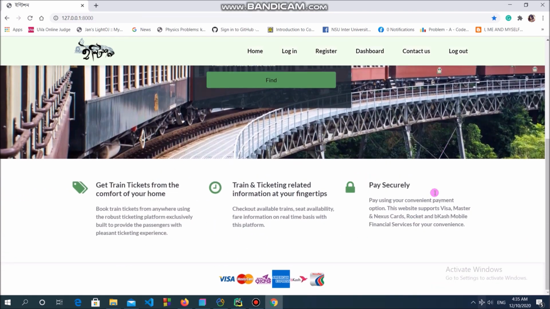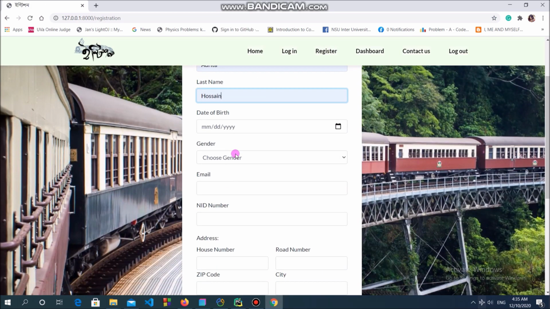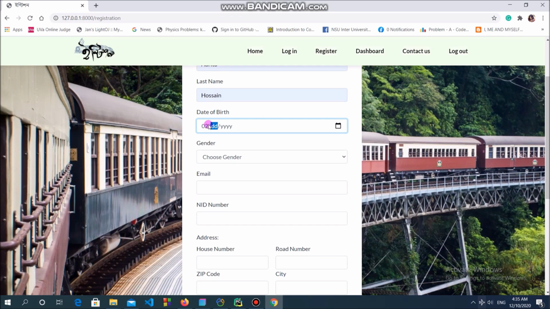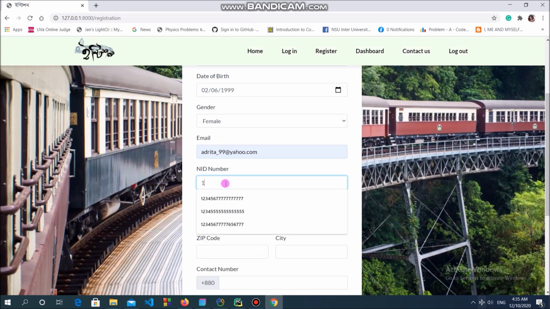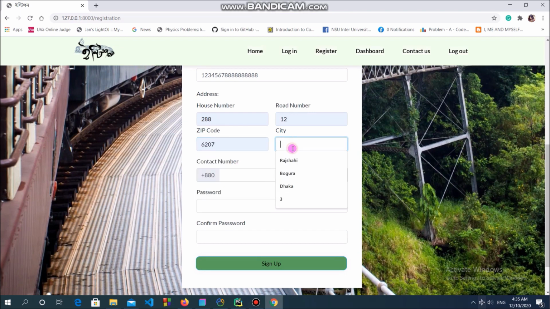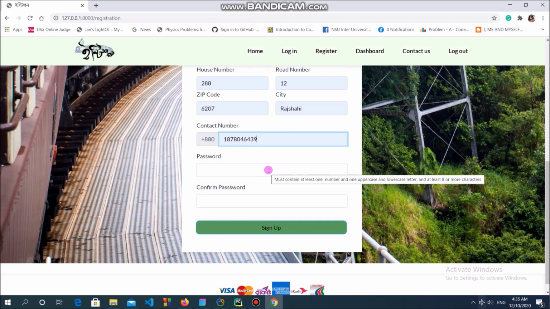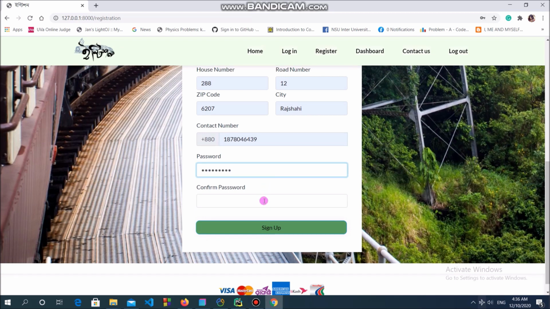First, I am going to register as a new user. Here we tried to handle as many cases as we could and show corresponding alert messages so the website becomes easily operable. As email, NID and contact number are unique fields in our database, we have made sure that the user cannot register multiple accounts with one of those. However, unlike the others, the address inputs are left to the choice of the user and hence are not made required. We have given pattern and length restrictions to most of the fields and also matched the inputs of the password and confirm password fields.